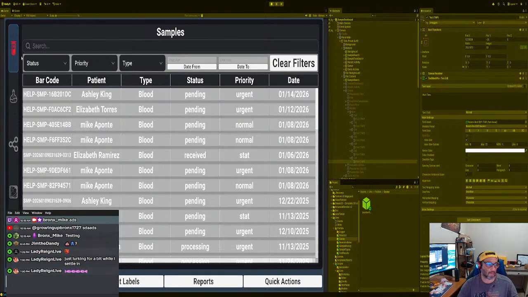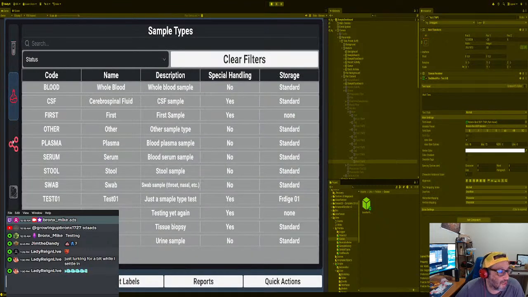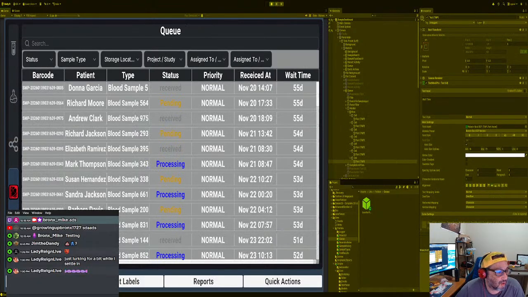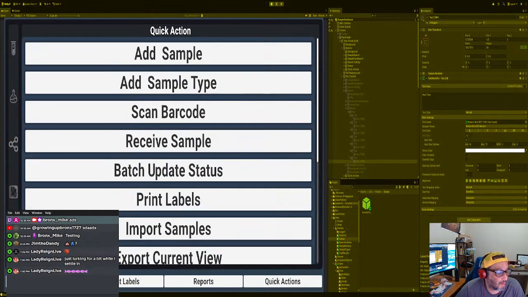All right. So on the left hand side, we've got all the major components. We have the sample types, recent activities, and queue, and then the quick buttons. You could also have the quick buttons be a pop-up if you don't want that extra tab here. And then